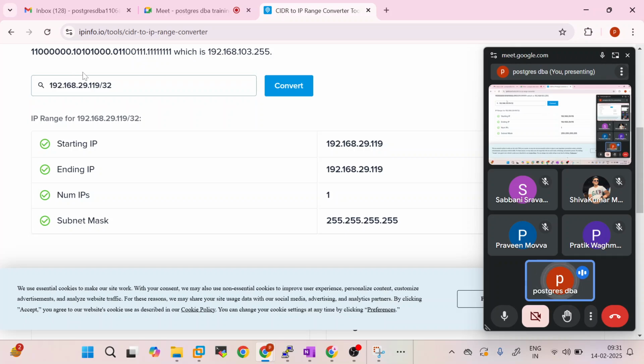So why do we need to provide it in CIDR notation? Let's say you have a group of IP addresses from which you need to allow the connections. Then I'll give you /24. When I give 192.168.29.119/24, the starting IP would be 192.168.29.0, and the ending IP would be